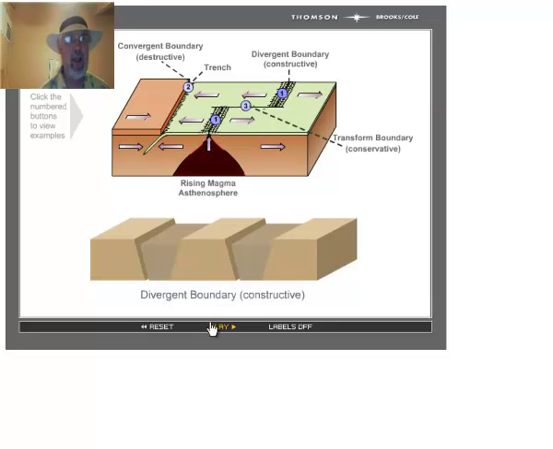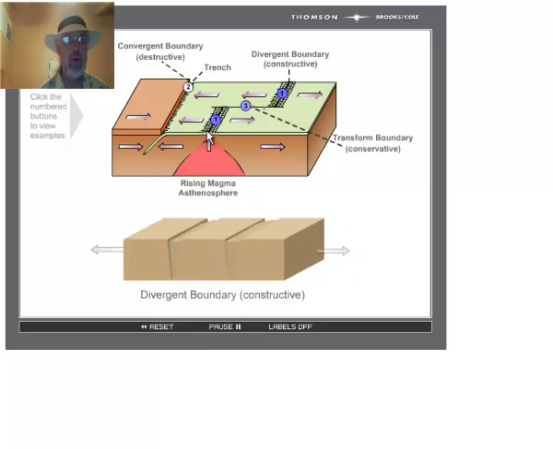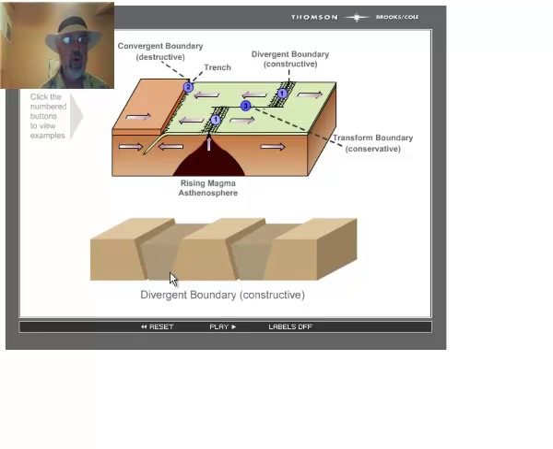Okay, our next active figure, we'll look at, tie a little bit of this together. And what I'd like to do is show you number one, which is divergent boundary. So you have the spreading centers of the ocean depicted here, number one. And these two segments of it are connected by a transform fault. The thing that is important here is as these two plates are moving apart from